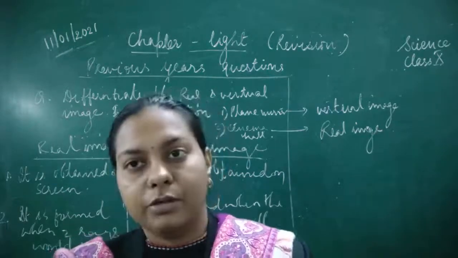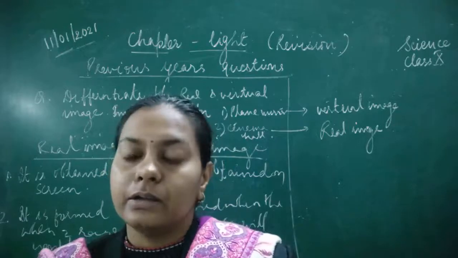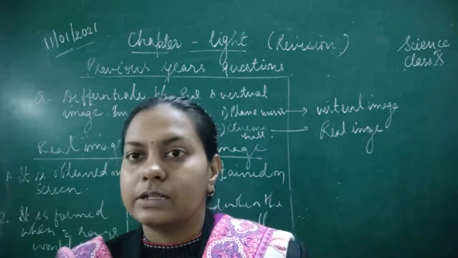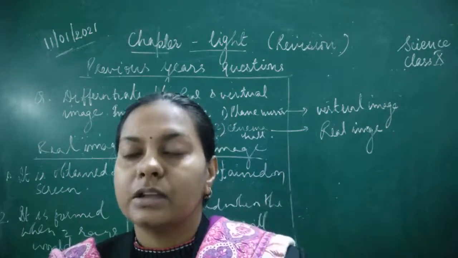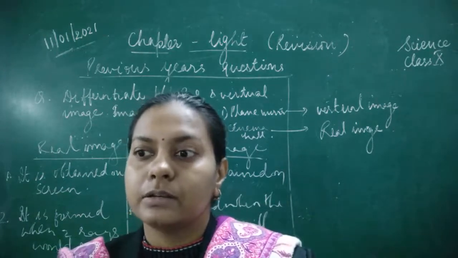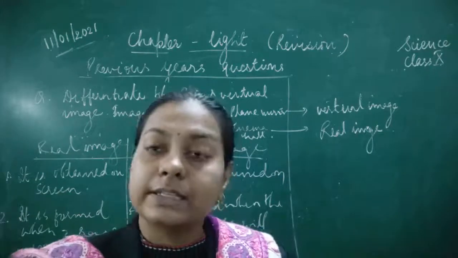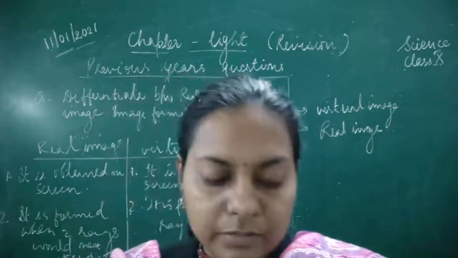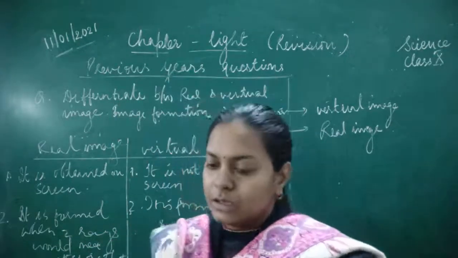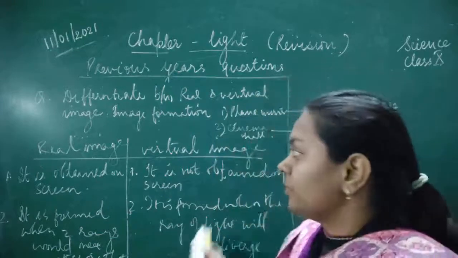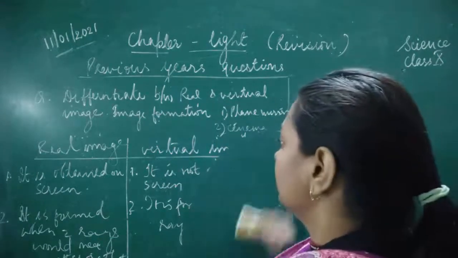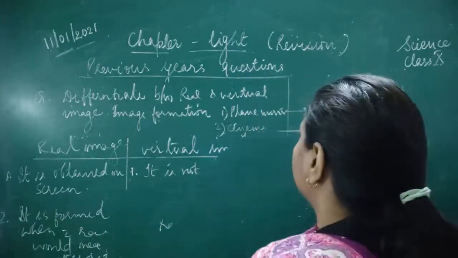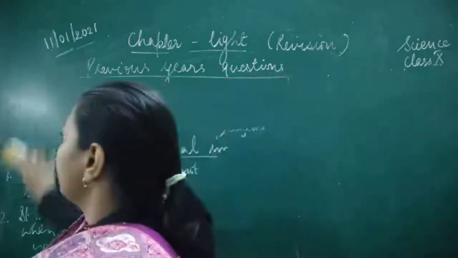So that could be one example where you can prove that the light ray, whenever the image is being formed in the plane mirror, it is virtual, it is equal in its size, as well as it is formed on the same side of the mirror. Okay? So this was about the question, and we have seen a few extra points also, that when the image is formed in the plane mirror, it has certain characteristics. Okay, now we move on to the next question.